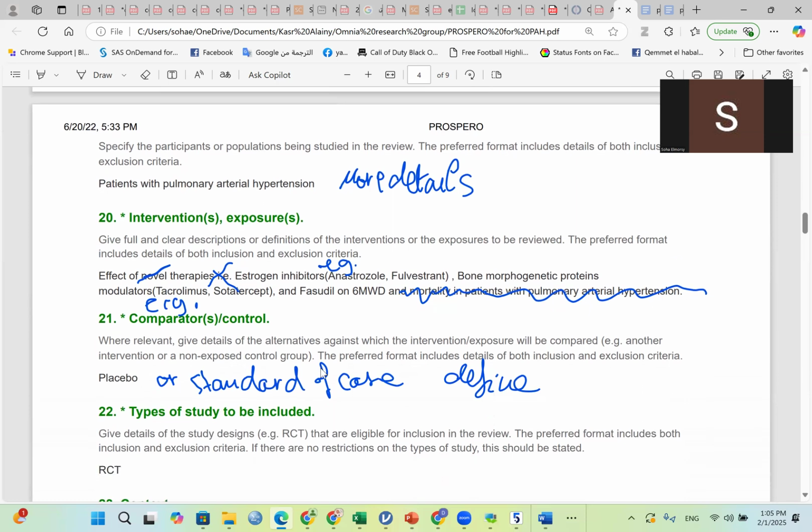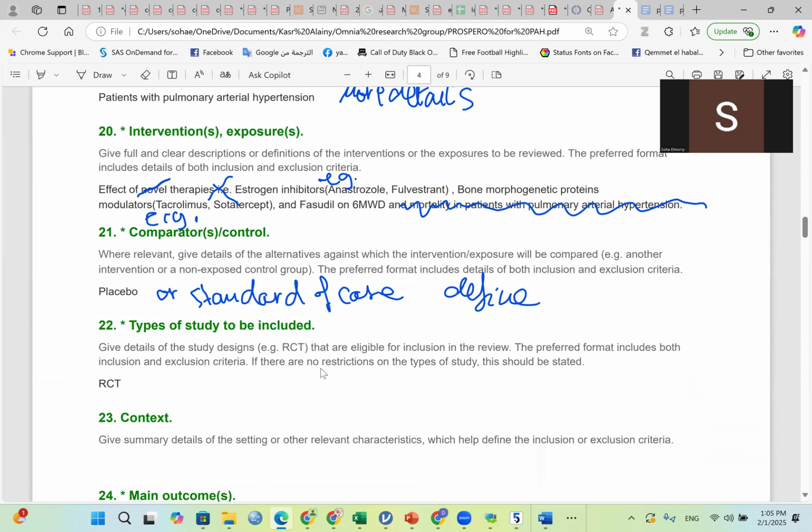Then, similarly, you're going to describe the intervention or exposure that you are going to review. So here, if we say the effect of novel therapies as a broad term in the research question, here we need to define, here we need to be specific. Estrogen modifiers, such as blah, blah, blah.